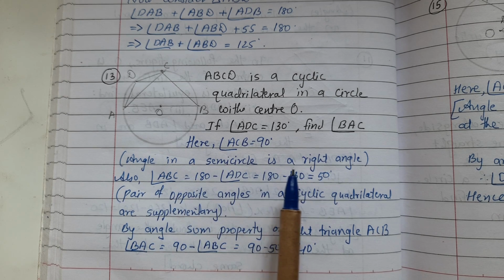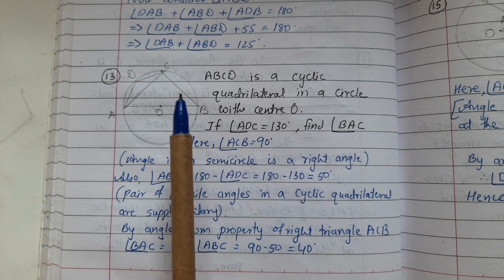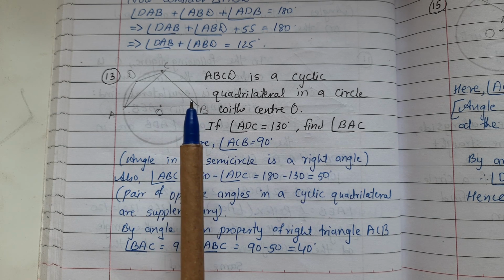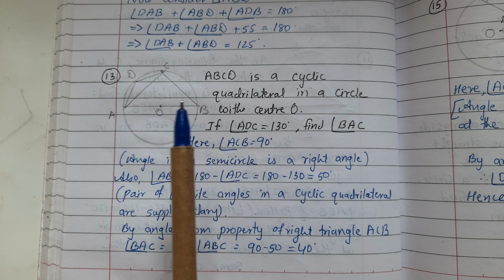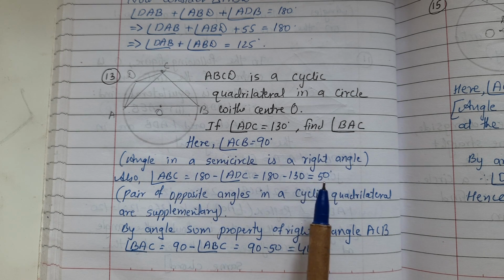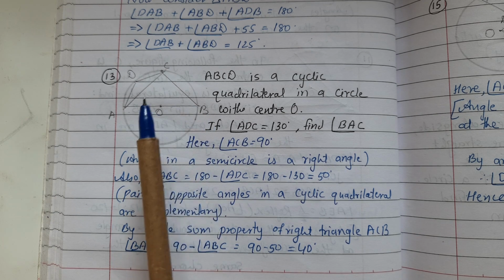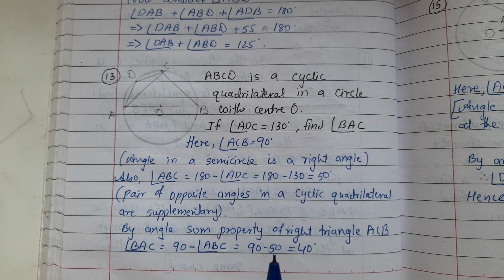Angle in the semicircle is a right angle. Also, angle ABC: because it is a cyclic quadrilateral, opposite angles are supplementary. Therefore, angle ABC is 180 minus 130 equal to 50 degree. Pairs of opposite angles in a cyclic quadrilateral are supplementary. By angle sum property, angle BAC is equal to 90 minus angle ABC equal to 90 minus 50 equal to